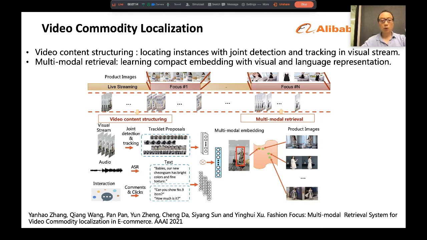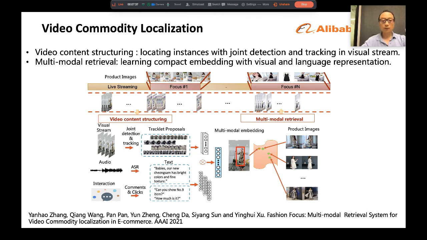It would be more valuable to automatically identify the currently explained items according to the visual and explaining content, and recommend the corresponding purchase link of the products to the user. The user's shopping experience will be greatly improved during the live streaming watch.